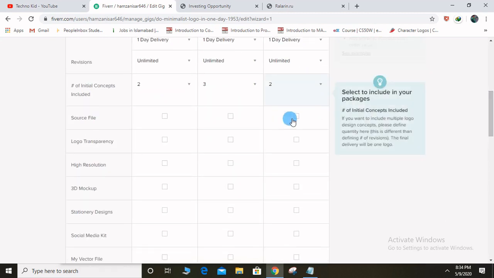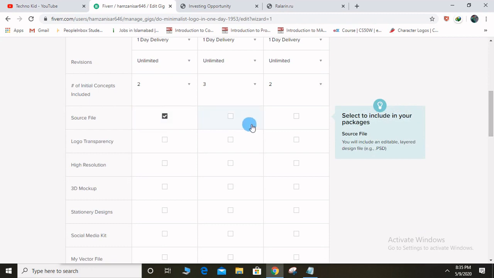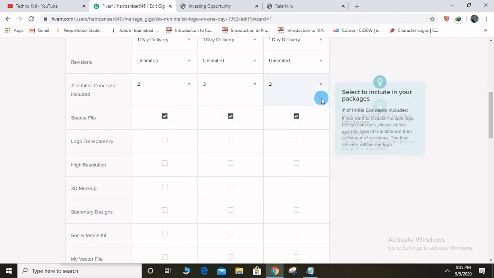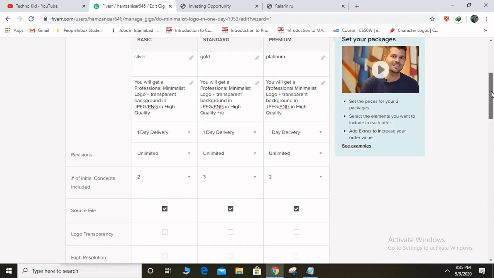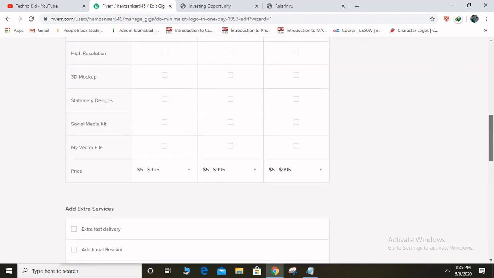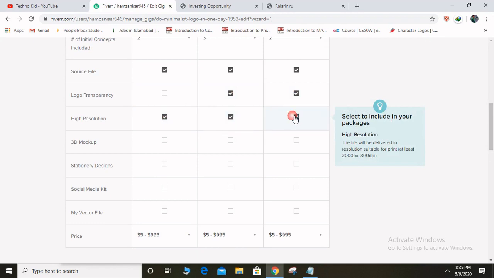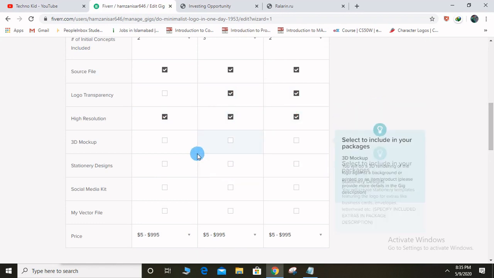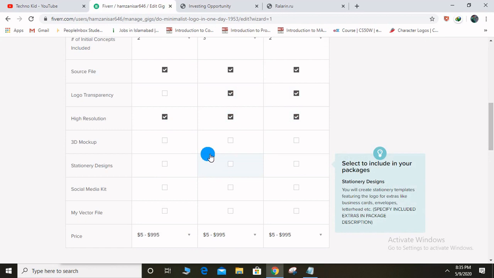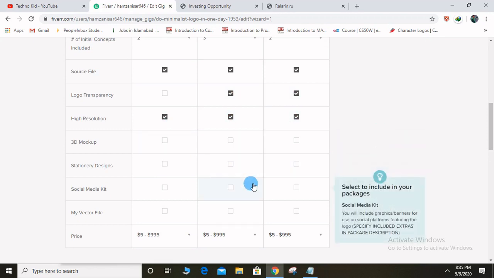Source file: as a beginner, you can be willing to provide the source file to all of these. And logo transparency, here I'll give logo transparency to both. Resolution should be maximum for starting. If you can give a 3D logo, click on that. If not, it's okay.